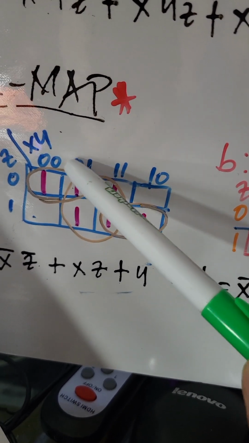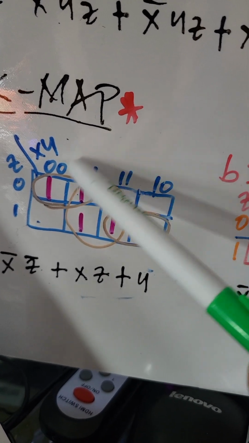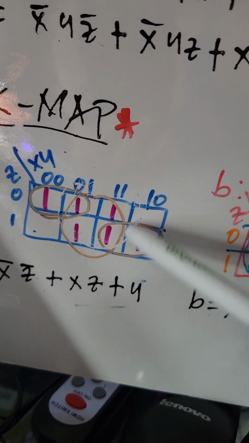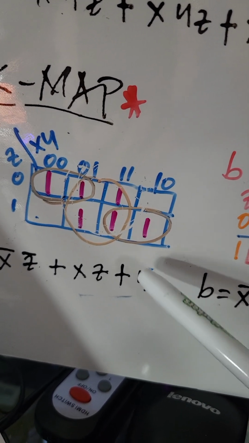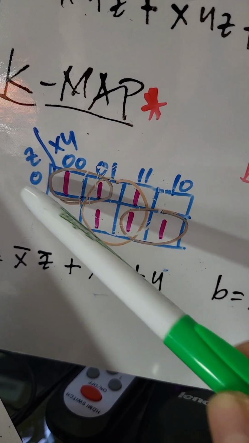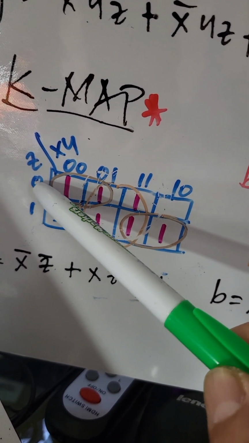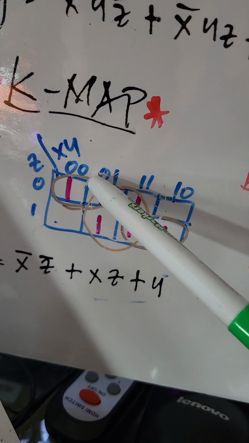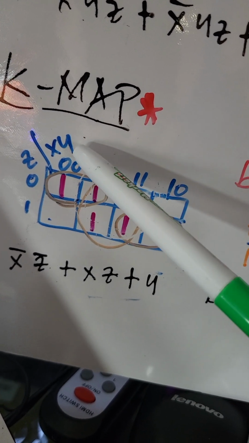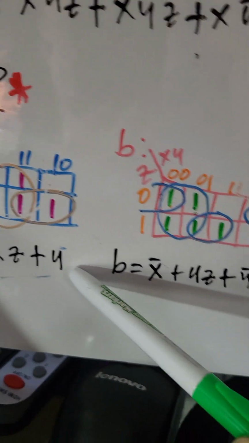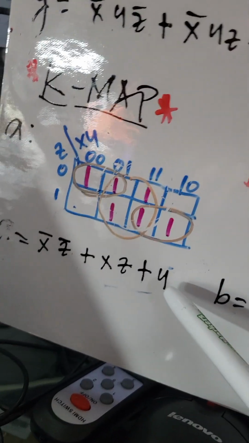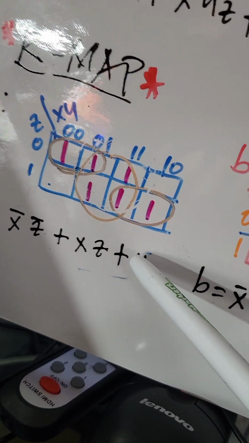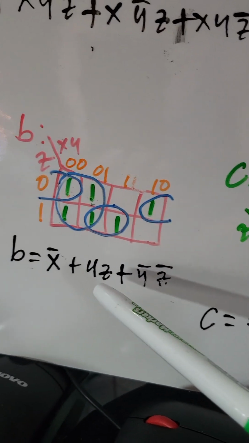Like this one, 4 quadrants as one pair, so the remaining here is only Y, because Z 0 1 cancelled, and also at the top, X 0 and 1 cancelled, so that's why the remaining is only Y. So that's the final function here, X bar Y bar, X bar Z bar plus XZ plus Y. So same with B, C,